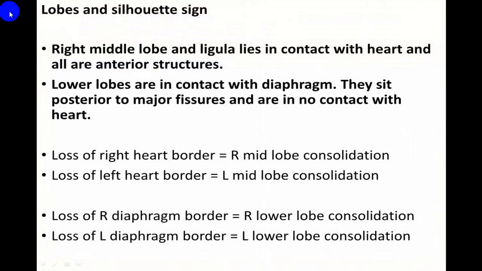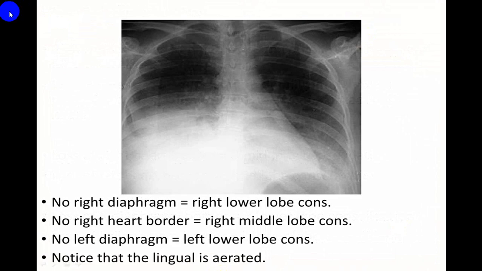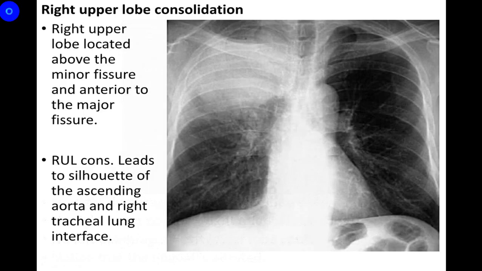Now all these slides, I am shifting over, whatever I uttered before is mentioned here. That is how you make out the Silhouette sign between the right border, left border, etc. So I am giving a little pause. You can go through these different slides. There are some x-rays, explanation is given before. Whatever I have explained before is repeated here. So this is a revision for you. You go through all these different things.